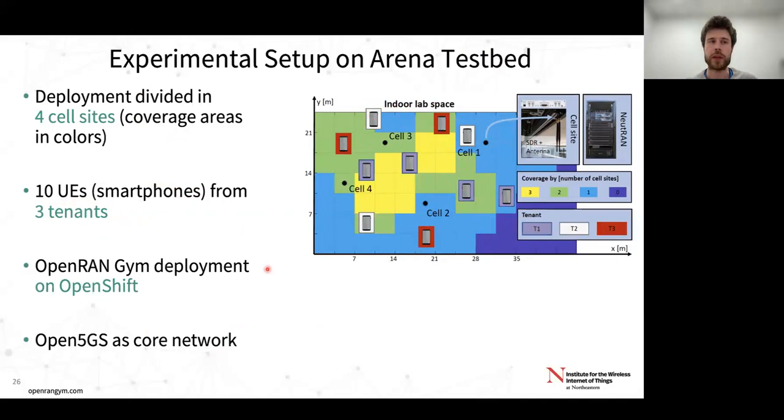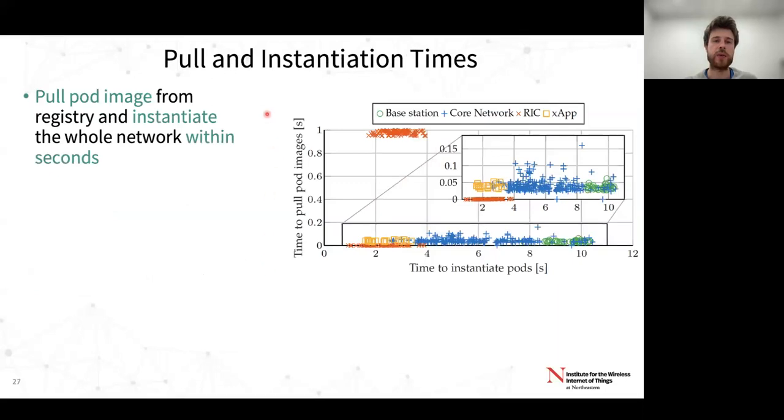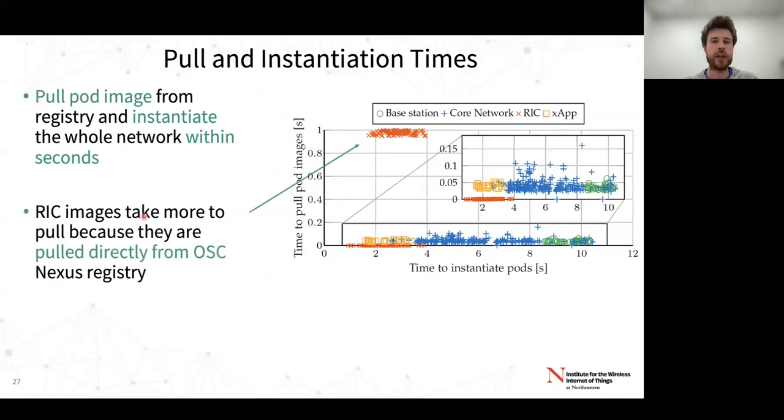And this is our experimental setup. And then we measure some metrics. So for example, we see that to pull the image and instantiate the image, we actually take very few seconds. For pulling the image, so to get the image on the server, we are below 1 second for all of them, but the ones for the RIC that are a little bit larger